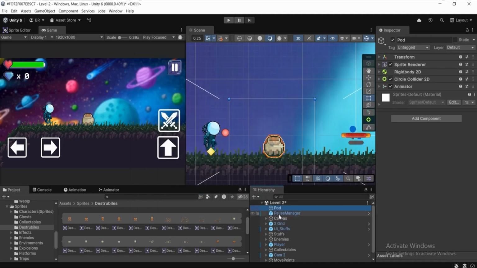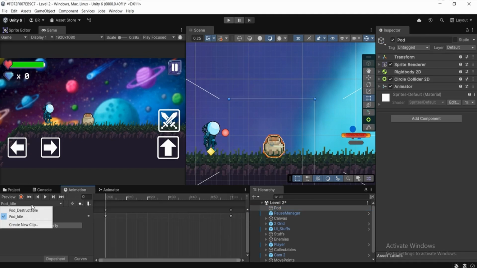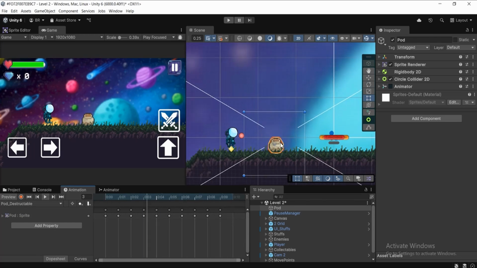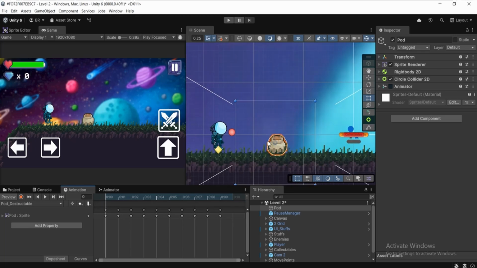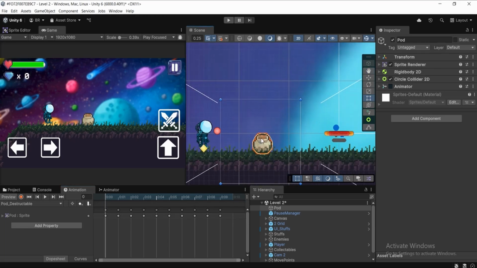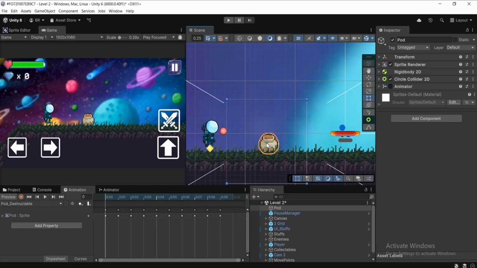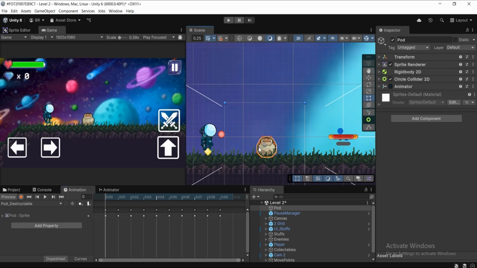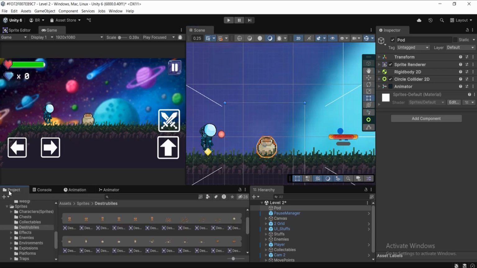If we select our pot and then move over to the animation tab, and click over here, we can see we have the pot_destructible. If we click on this play button, we can notice it's playing the pot_destructible animation clip again and again. Basically it seems pretty much fine, but I don't want this animation clip to loop, as well as the idle one. So what we can do to stop looping is move over to our project tab,